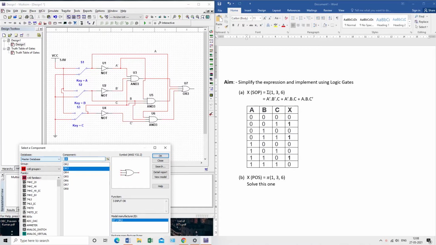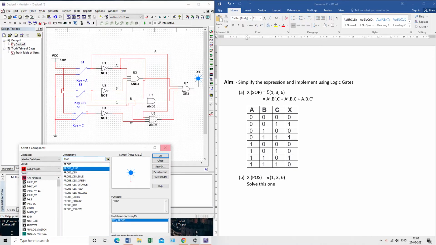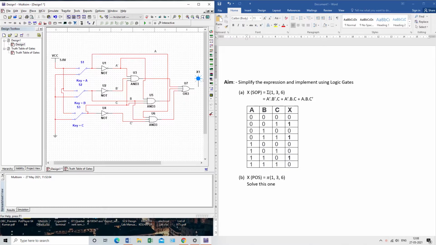I will search for probe here. Take it as blue only, no problem with that. I will connect it here. So my blue LED is connected, and this is my circuit for this expression.